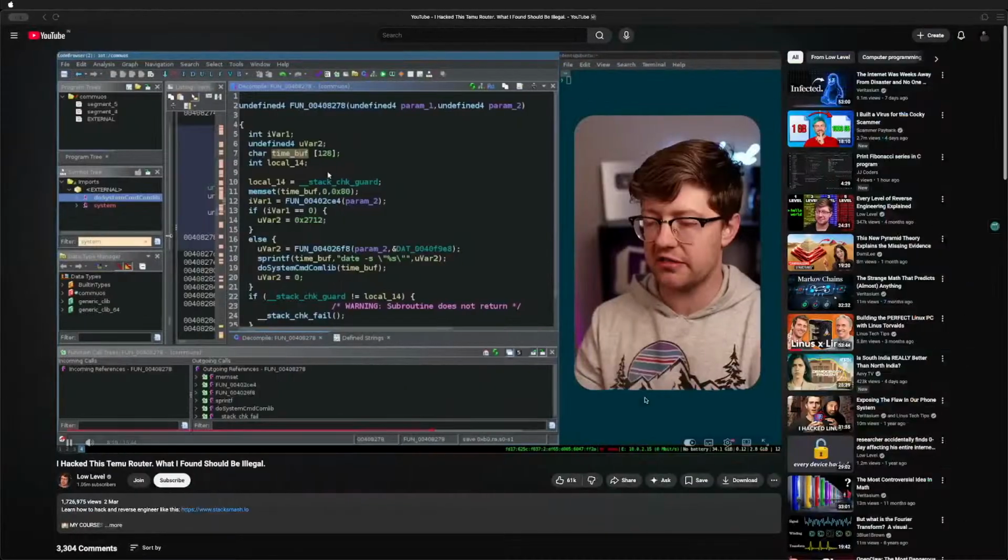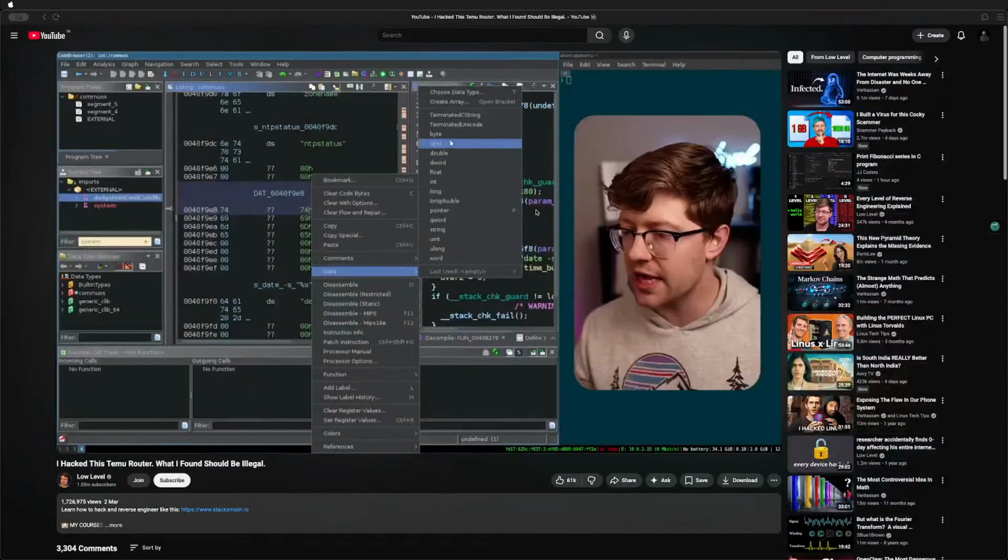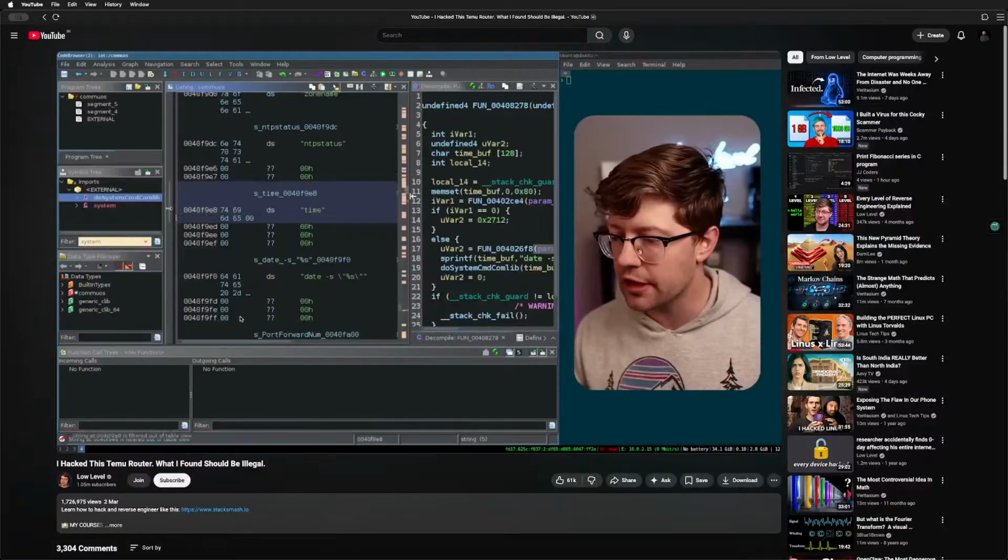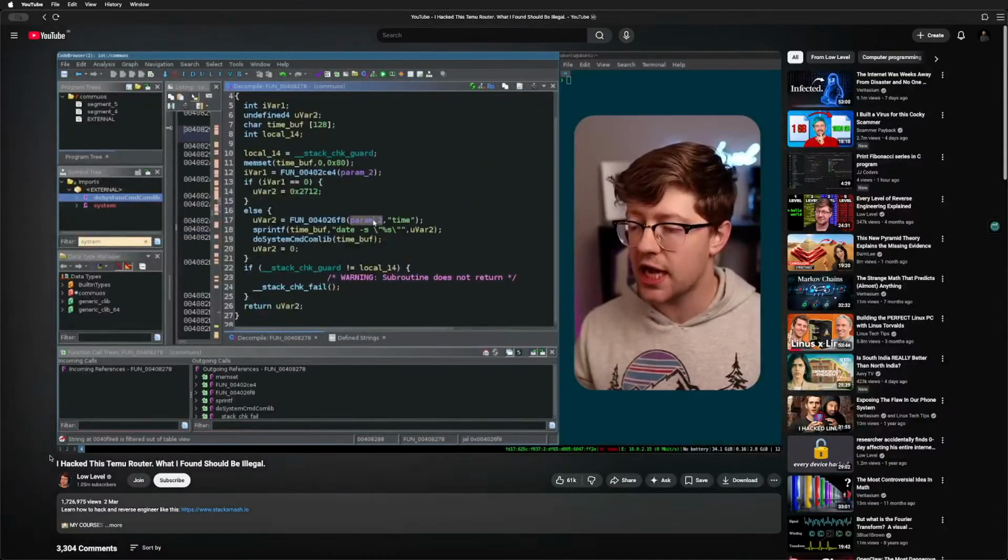time buff for a reason you'll see here in a second. We take some data that likely comes out of the time variable. You'll see we have the time string here. We have to set this data to be a string for it to resolve properly, right? We have some function of time